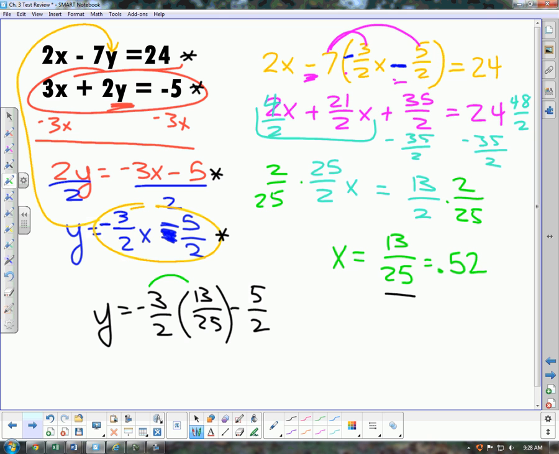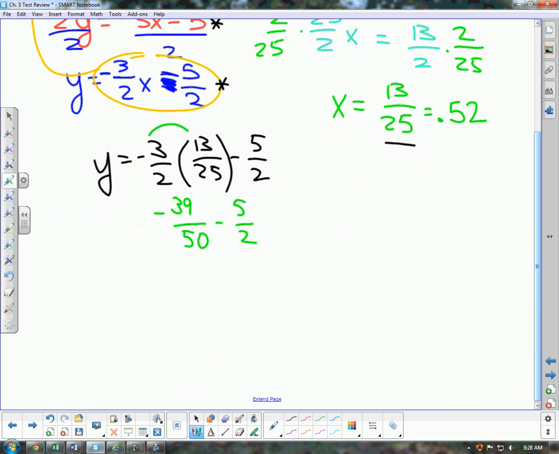Multiplying this out, that would become a negative 39 over 50 minus 5 halves. And then combining these two things, common denominator is going to be 50. So 5 halves is going to be 125 over 50. And so then a negative 39 and a negative 125 is going to be a negative 164 over 50,